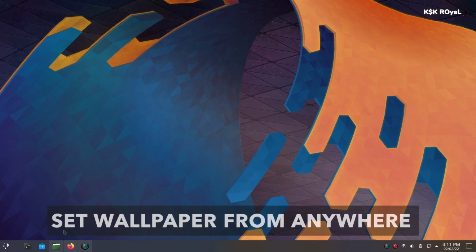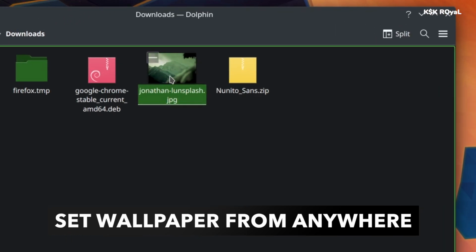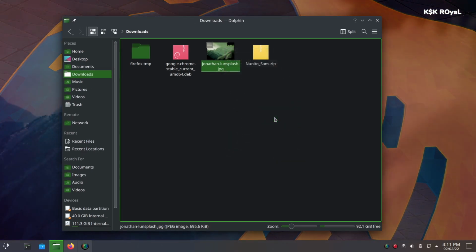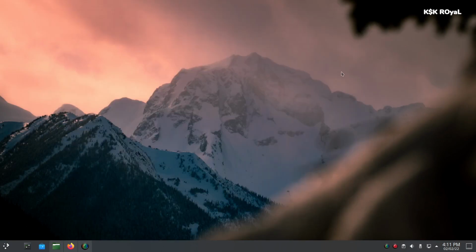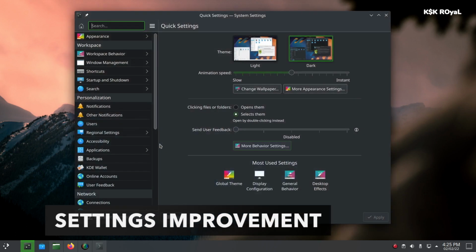Now inside the Dolphin File Manager, when you right-click on any picture or image, you can see a new Set Wallpaper option. Now this allows you to set any wallpaper downloaded from the internet. With Plasma 5.24, the search field language of the Settings application is set to English.